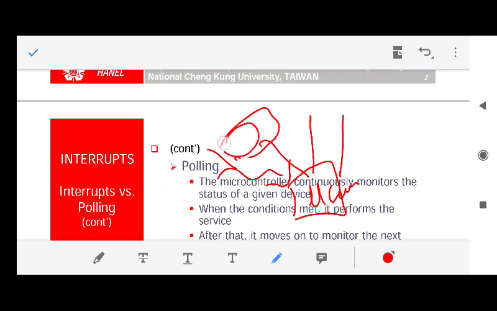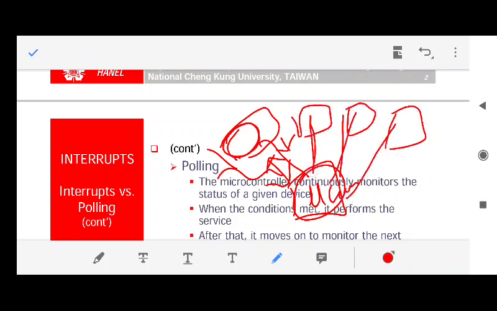The microcontroller will keep on checking whether this device is sending data or not. If n devices are connected to it, then it will keep on checking all the devices. It will check this device for some time, then this device for some time, and so on, whether they are ready to communicate or not.